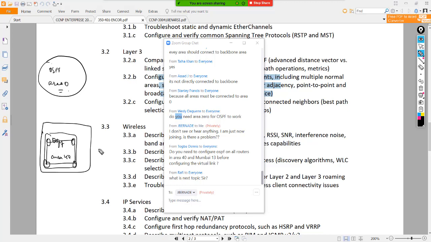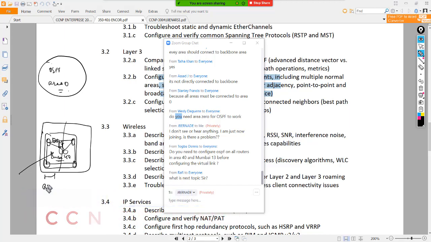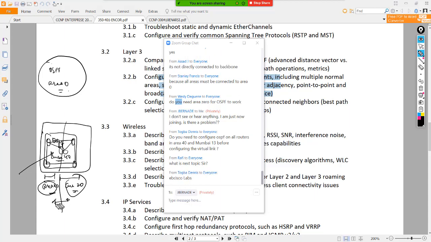It's only when, let's say, I have to scale the network. Let's say I'm adding a lot of routers, which is beyond the area capabilities. So what I do is I'll split these into two areas. So I'll bring area 40 and area 20. Now this is a problematic situation. Now these two will work within themselves but not across the two